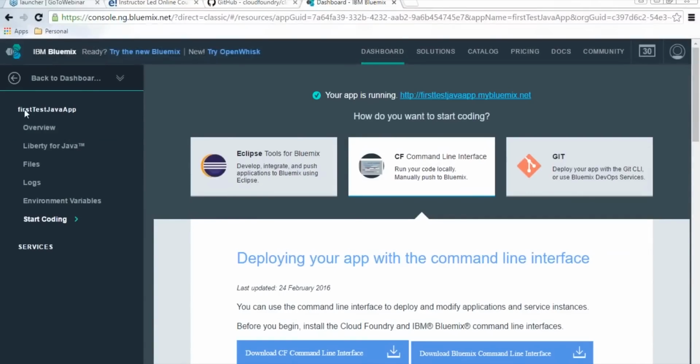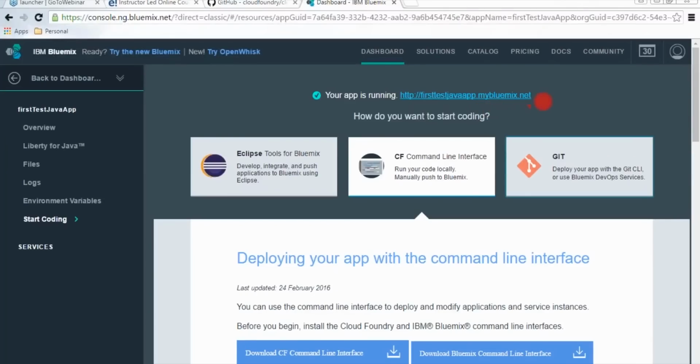So what did we do for creating the app? We selected create app in Cloud Foundry. That was the first option. We went ahead and chose what kind of environment we need, the runtime environment. We gave the name to the app, and then the moment you hit next, your application is ready, right? It just says that your application is deployed. So you see the running of the application here. First test